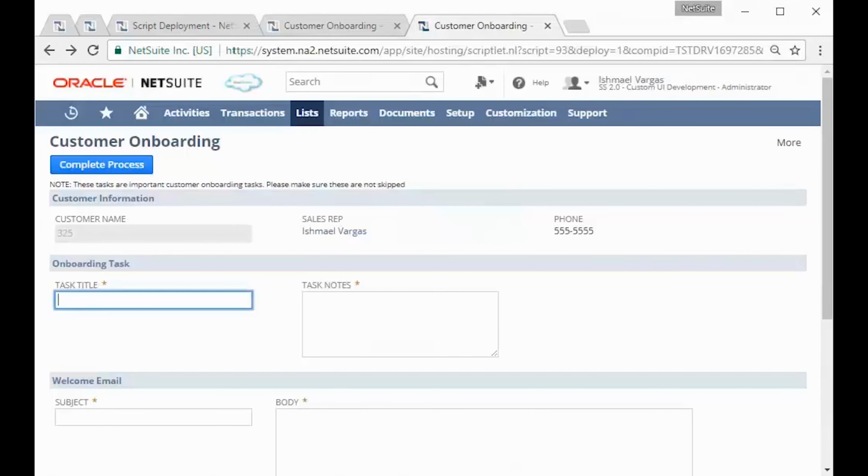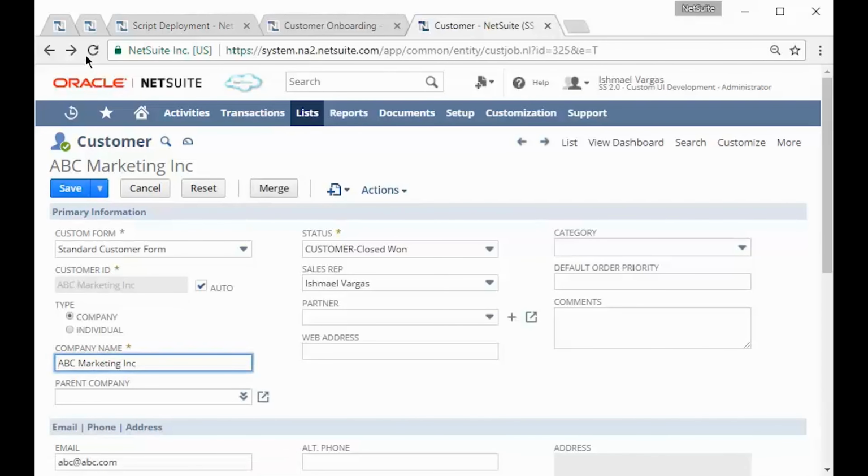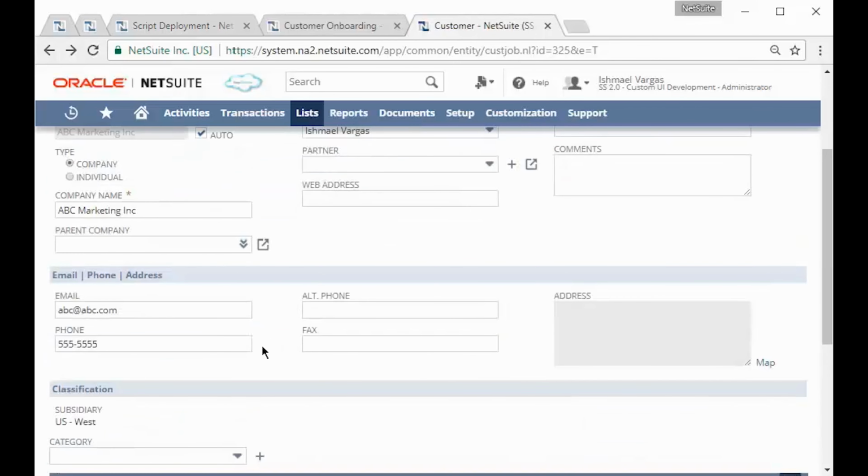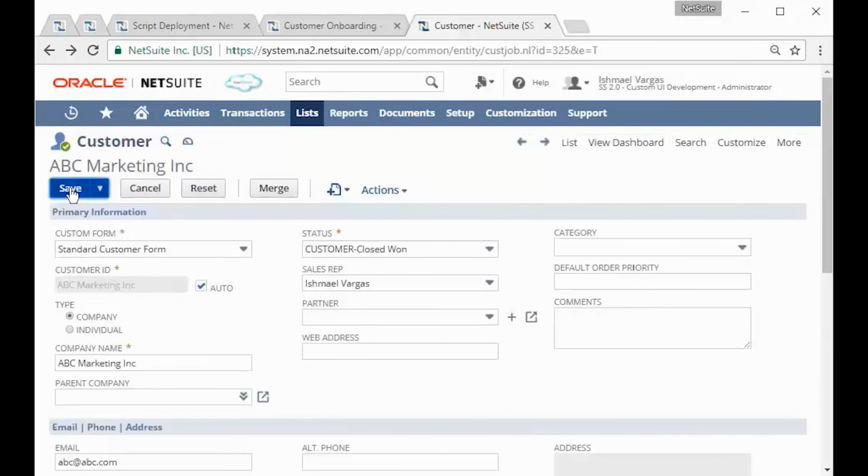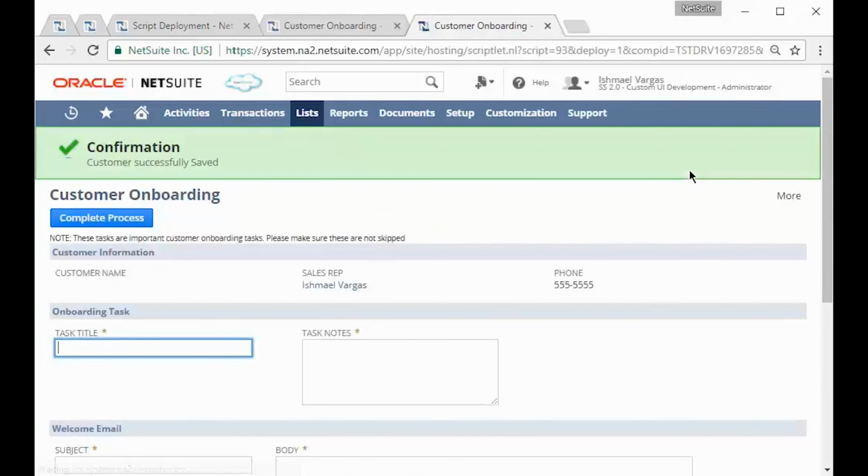So if I go back to my page here, let me just go back to ABC Marketing. Let me refresh this again so that I can reload the information. Click Save, and let's see if that works. So as you can see, oh, I accidentally just set that. Oh, looks like